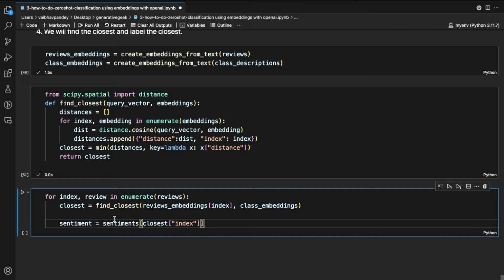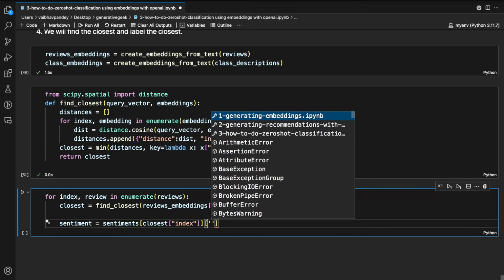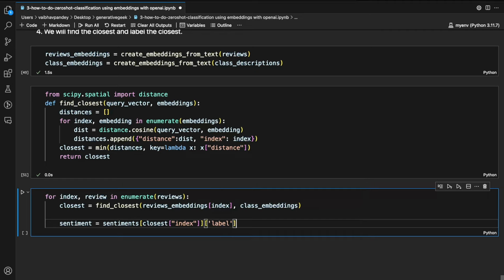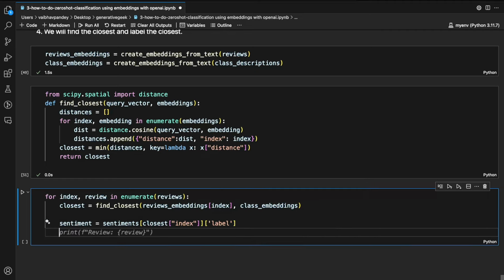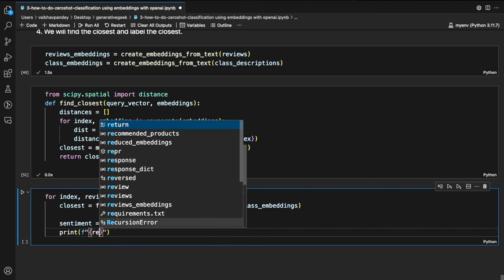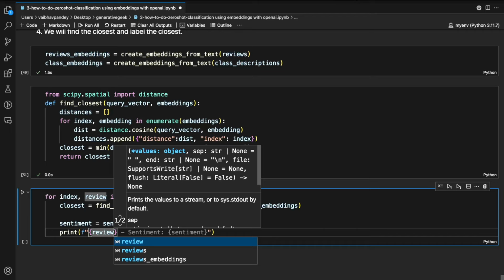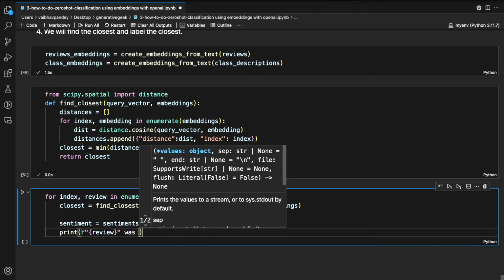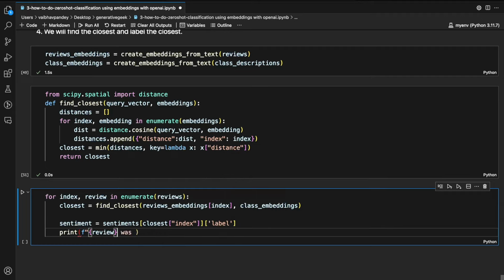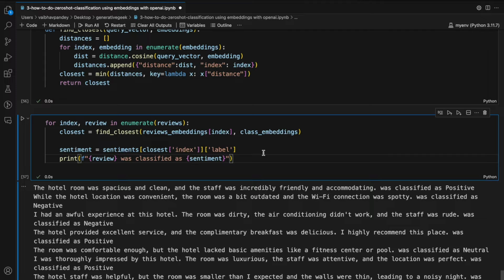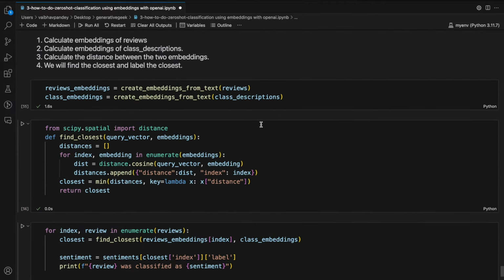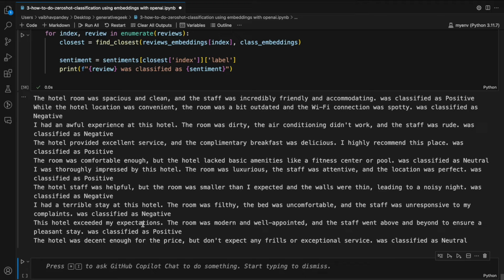So we are going to basically just read this, then call the label. This is how you will get the sentiment. Next, let's just print "review was classified as sentiment." Now when we run it, we'll see the hotel room was spacious and clean, and